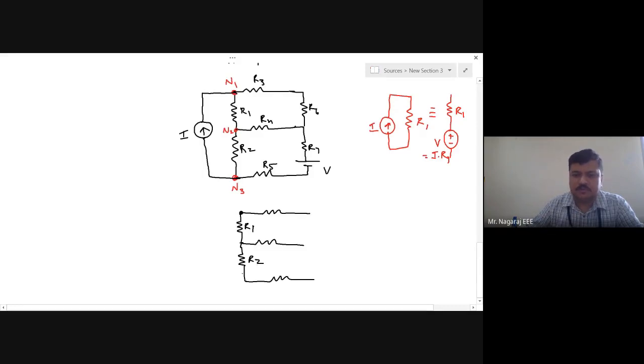This is R2. I am interested in only R1 and R2. Now this is node N1. This is node N2 and this is node N3. Now I have to shift this current source I across the branches connected to the nodes of the original current source branch, that is across R1 and across R2. So this I will now come across